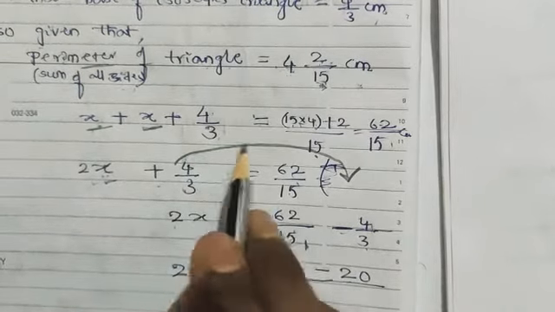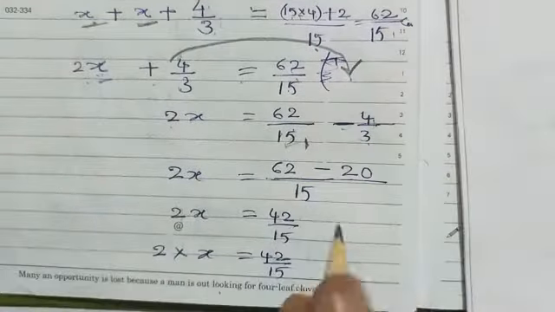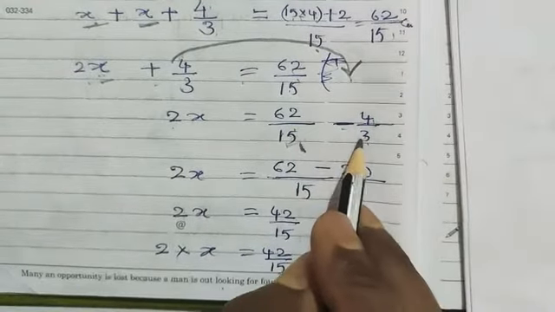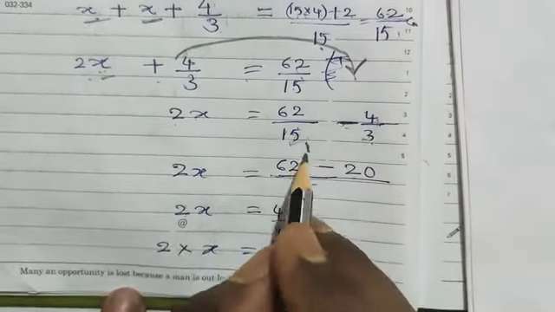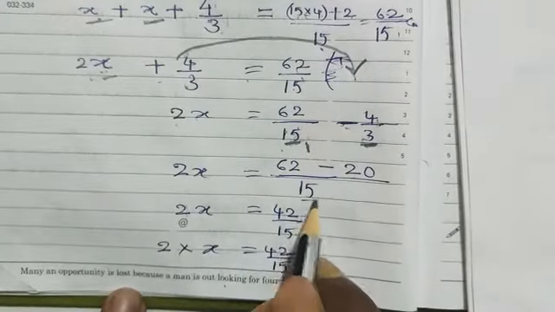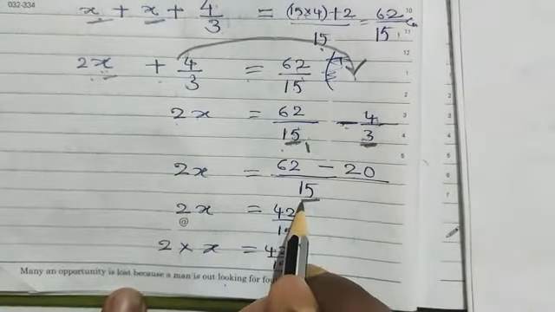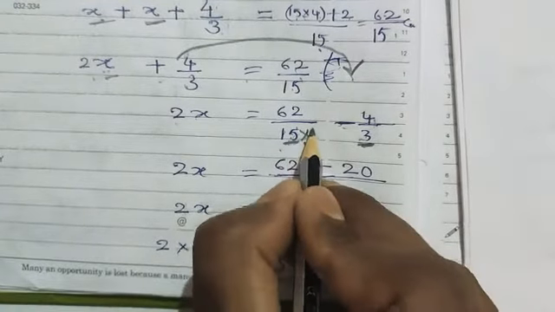That one you copy and after that transposing number. Now here if you observe fractions, between which symbol is there? Minus symbol is there. So that we can do the LCM of denominators. So here the denominators are 15 and 3. 15 and 3 LCM is 15 only. 15 became 15 means by multiplying with 1.